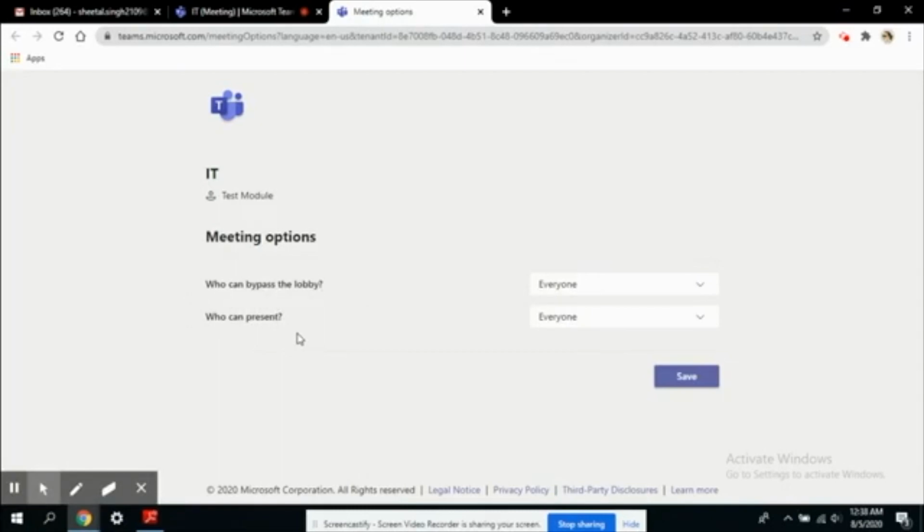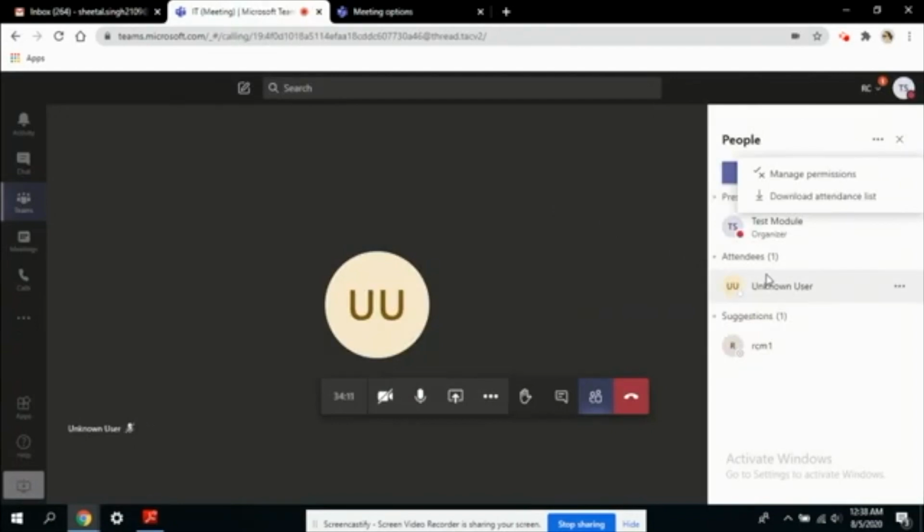When you start the meeting, or when you are scheduling the meeting, you can go directly to the meeting options and set this, who can present. Right now it is set to everyone, which means everyone who is joining the meeting can present their screen and has all the authority that the organizer has. So you can change it from here, and you can set it to some people in your organization, or if you are conducting a class, then you better set it to only me. Okay, and you save it, and now whoever joins your class will only be an attendee by default. They will not be able to present anything, to remove anyone or to add anyone. Alright, so by default they will be attendees.